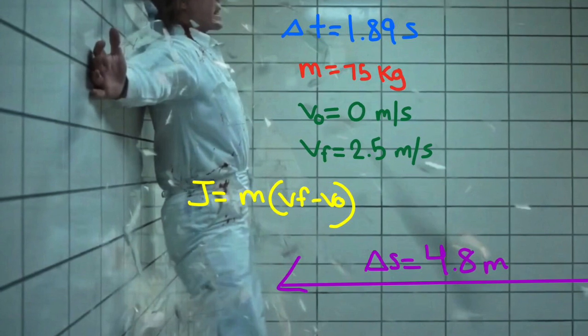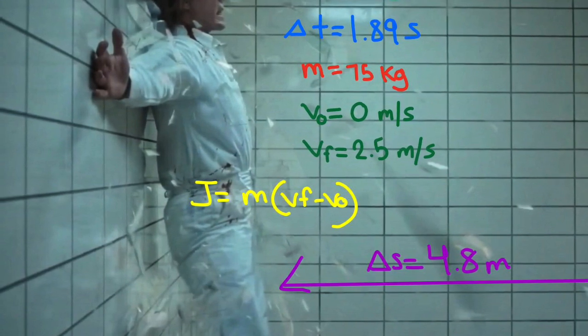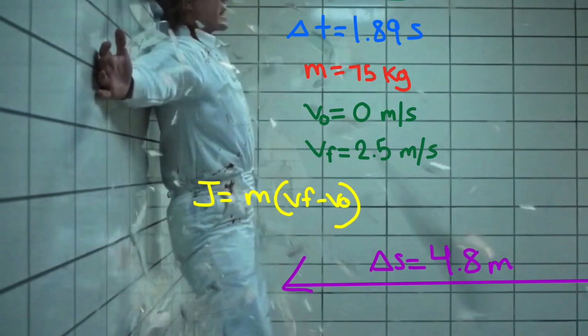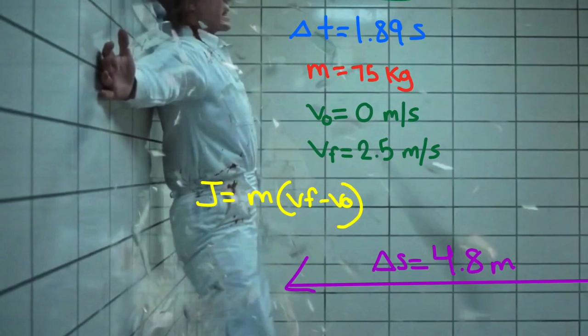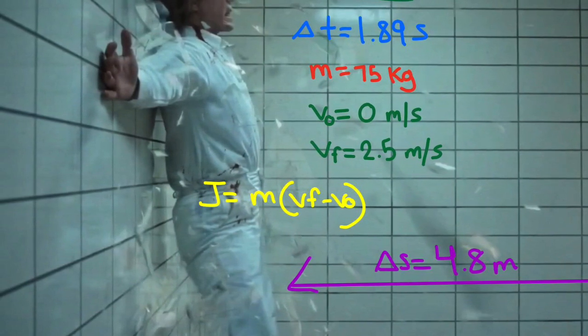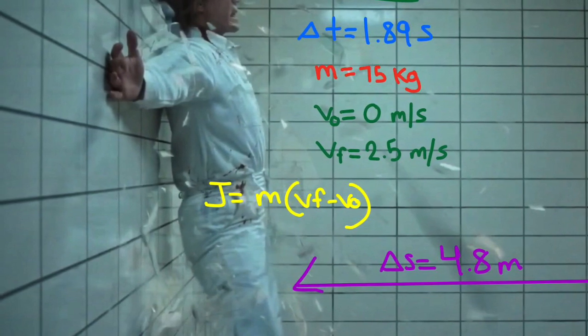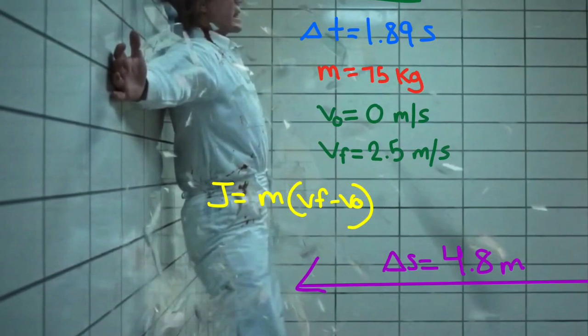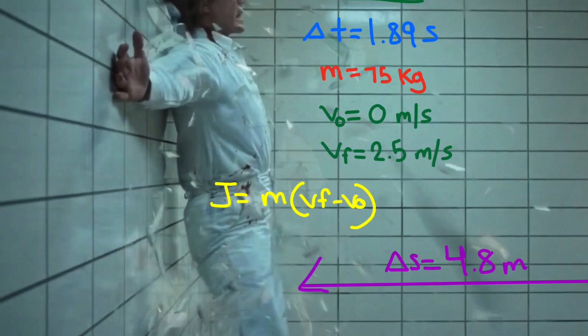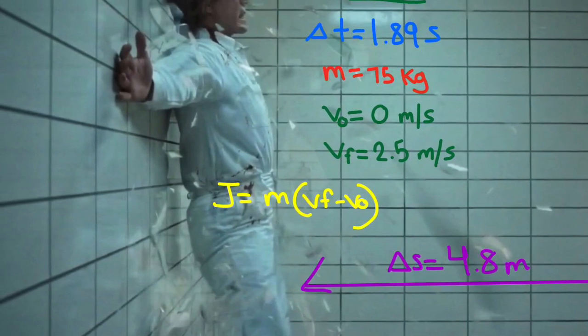To find the final velocity of Vecna during this scene, we can use the velocity formula, which is V equals displacement over t. So we do 4.8 divided by 1.9, and you get the final velocity to be 2.5 meters per second. After we do that, we can plug all of our values into the impulse formula, which is J